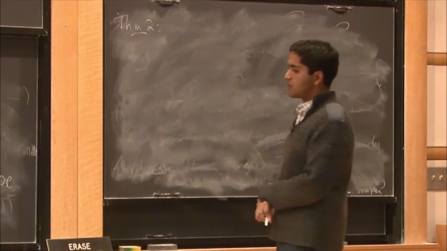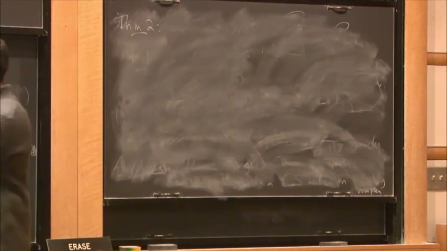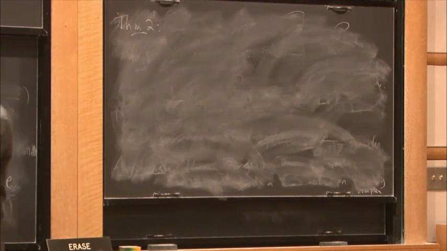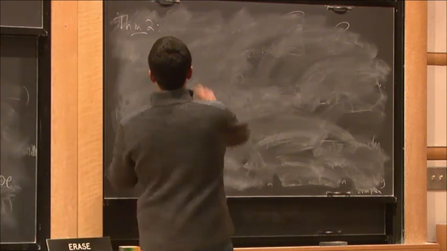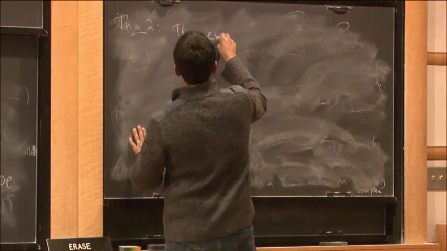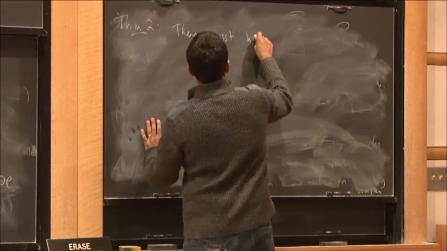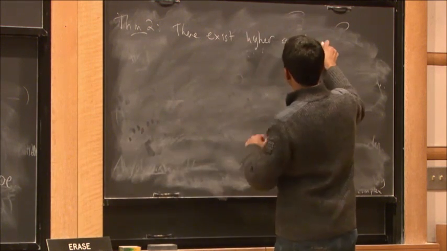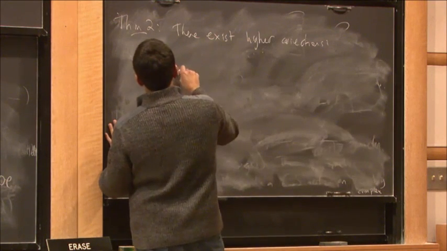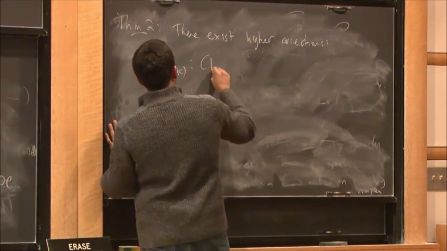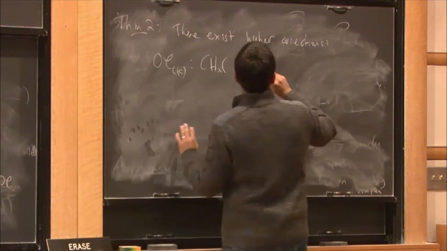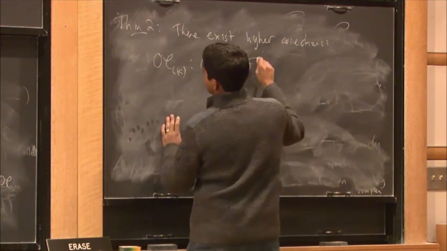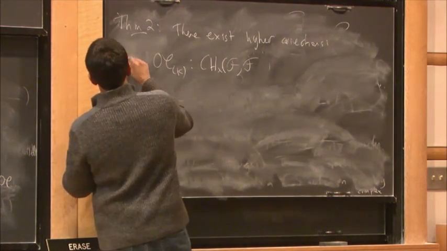Okay, so theorem 2 is, of course, that the way I've written OC_1 is meant to be suggestive of the fact that there should be OC_k's. So they're higher corrections. There exist higher corrections, OC_k, for each k greater than or equal to 0,